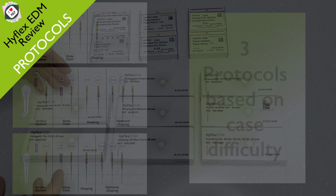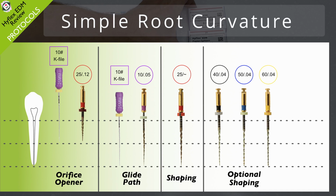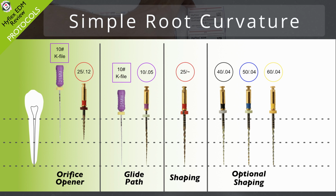So officially there are 3 case protocols that Hyflex suggests you use for a particular difficulty. But at the end of this video, I'm going to provide you with a bonus live demonstration on how to use the size 25 OneFile as a single file system, which I think makes it ideal to use on the NHS. The first protocol suggested is for straight canals, and these types of cases are associated with the simple